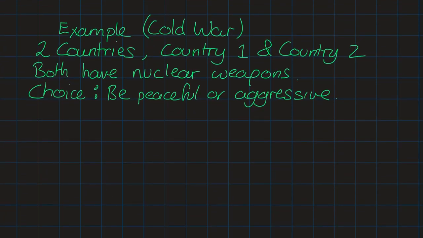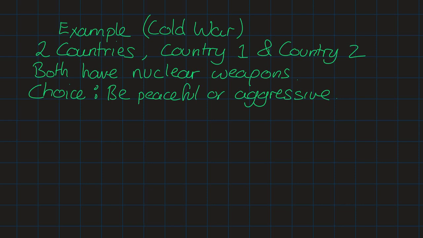There are two countries. I'll just call them Country 1 and Country 2. And they both have access to huge nuclear arsenals. Okay, so they have lots and lots of nuclear weapons. And they each have a choice. They can be peaceful or they can be aggressive. Okay? If one country is peaceful but the other country is aggressive, the aggressive country will invade and steal some